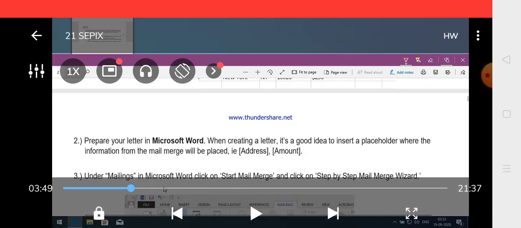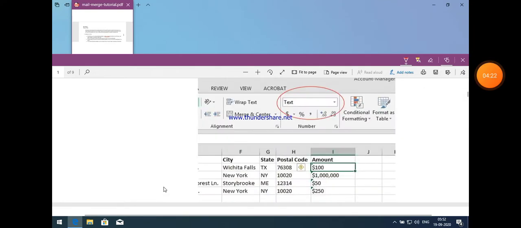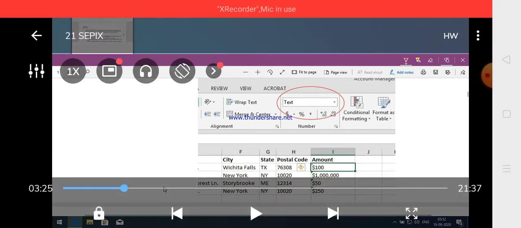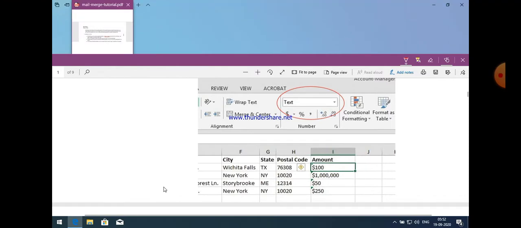In this example, we can see city, address, postal code, and amount. These are the names of the columns that we used in this Excel sheet. Different city names are here, different state names, different postal codes, and different amounts. We write a dollar sign when we use an amount. You can also use a dollar sign or a rupee symbol to represent an amount. The purpose of this Excel sheet is that we have some content and we want to send it to different persons or different postal codes, so we make an Excel sheet for that purpose.